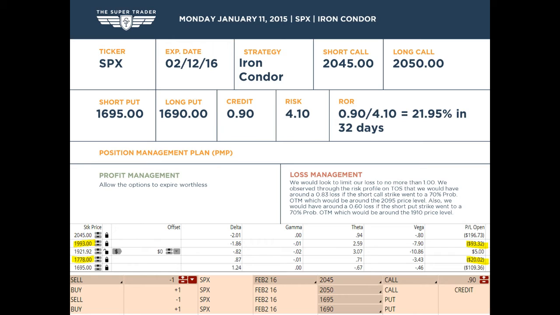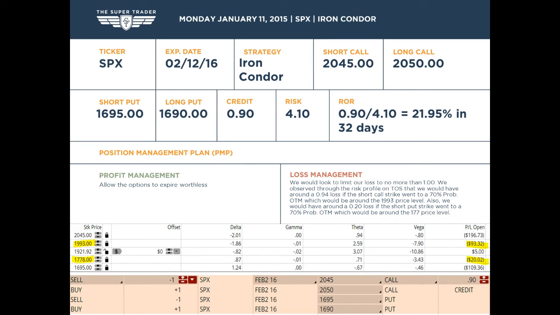We observed through the risk profile on the Thinkorswim platform, TOS, that we would have around a 93-cent loss. We'll bump that up to a 94-cent loss if the short call strike went to a 70% probability of expiring out of the money, which would be around the 1993 price level. Also, we would have around a 20-cent loss if the short put strike went to a 70% probability of expiring out of the money, which would be around the